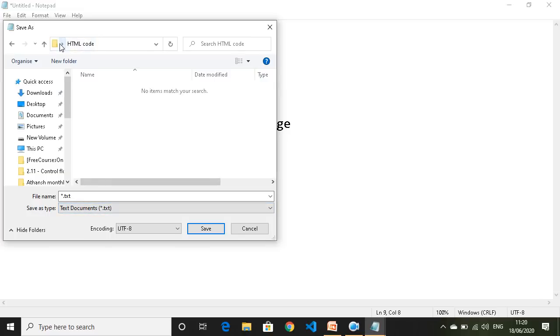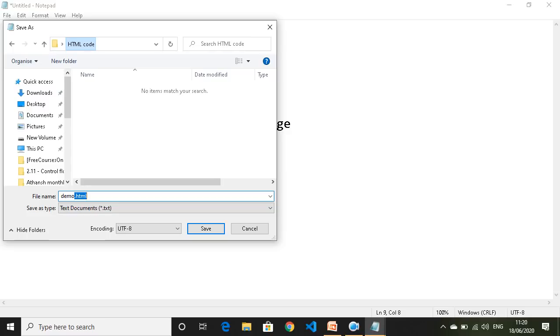Just check the path. On desktop, we have created HTML code, and inside that folder, I'm going to save my file. You can assign any valid name to your HTML file followed with extension .html. .html is the extension of your HTML file.